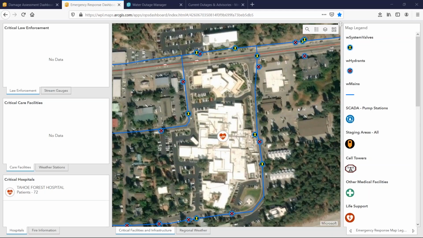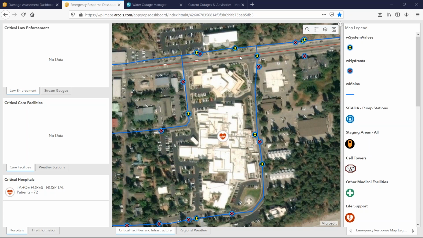Sure thing, Bill. And I'll use that example that Zach had mentioned earlier about collecting that critical main break information to a line that serves the hospital here. This is why it's so important to share information with utility operators and emergency personnel. So here we're looking at the hospital, and we're also looking at the water infrastructure. We can see the water mains, the valves, the fire hydrants. We can quickly identify what valves need to be shut in order to isolate that part of the network. But communicating information about outages, whether it's water, electric, gas, or other services, is very important for utilities during an emergency.